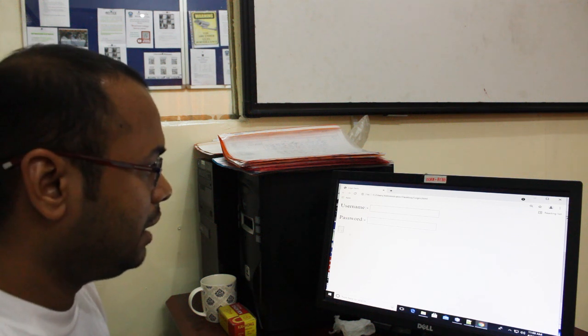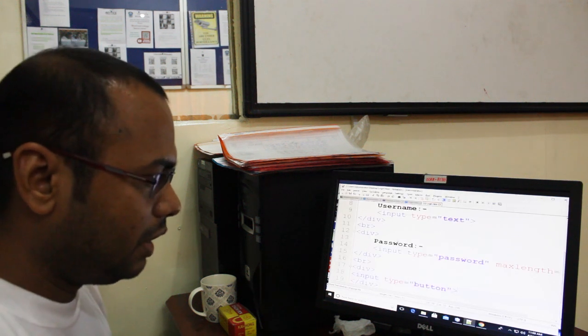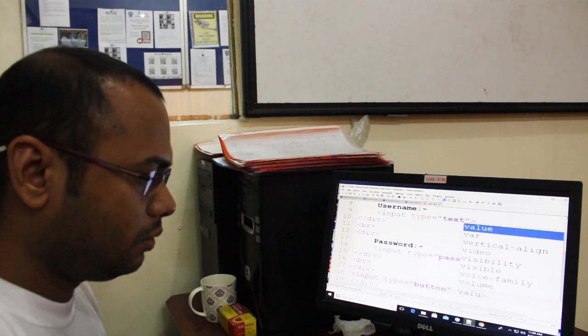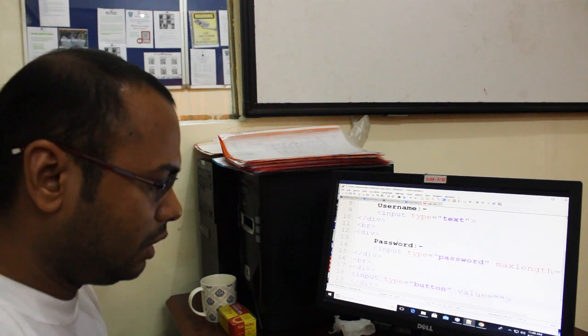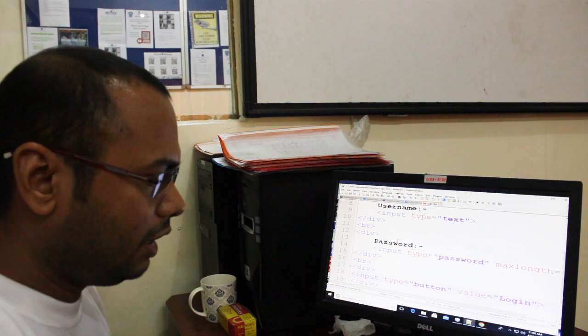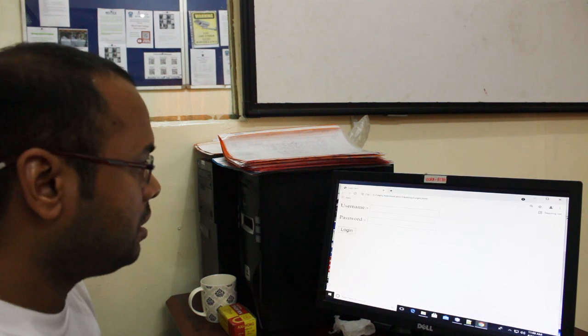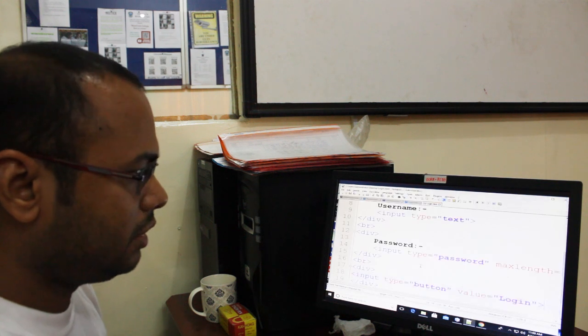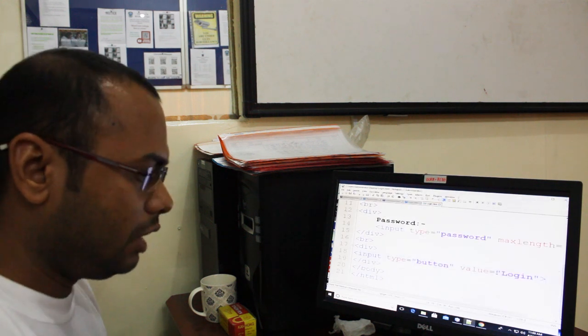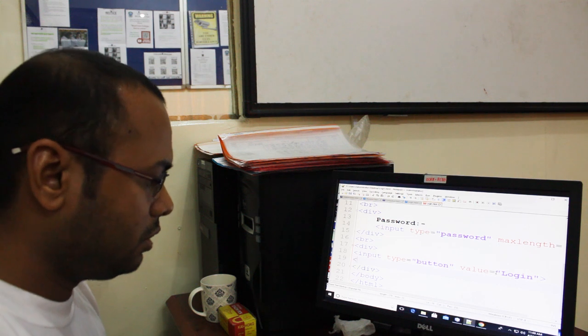Okay, so I want to write here, so we have to use another property here, that is called value. Value equals to, like you can type here login, sign in, whatever you want. As you can see, the login button is displaying here. Perfect. Now I'm looking for another button, cancel or reset you can use.